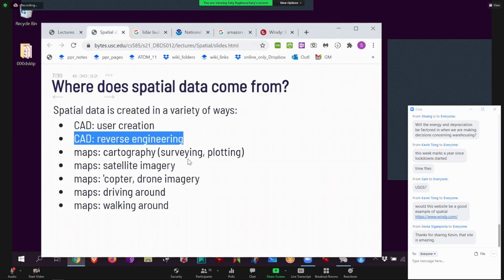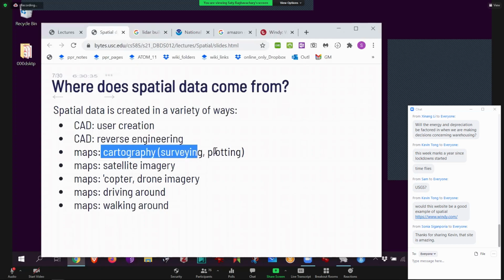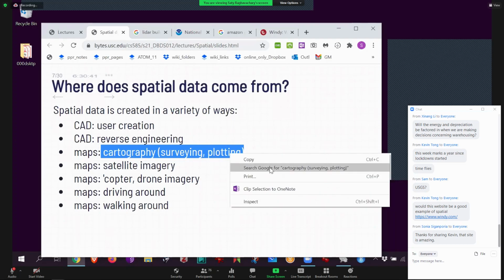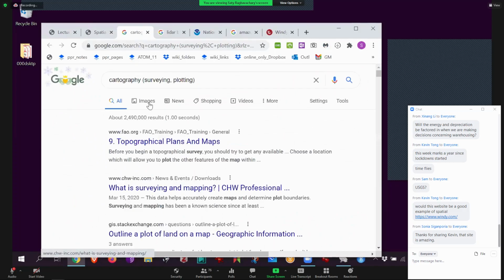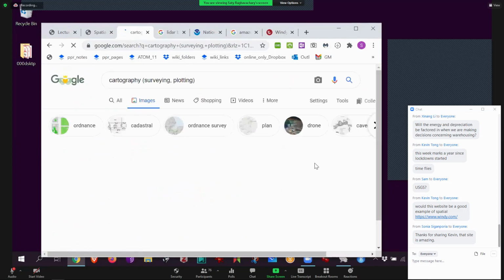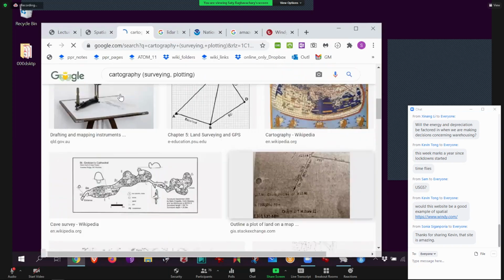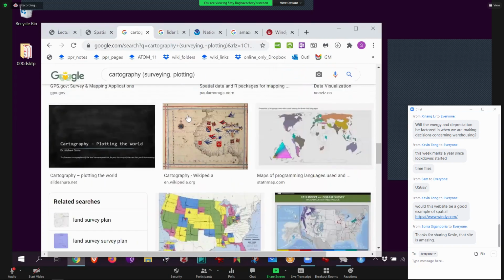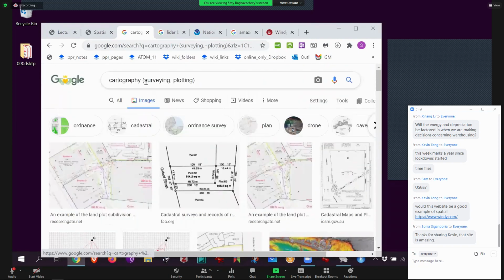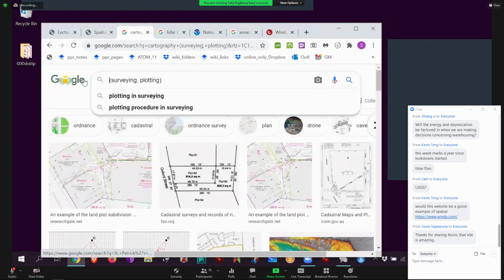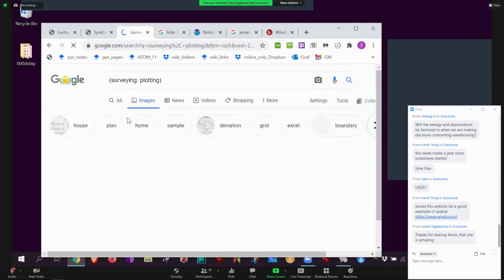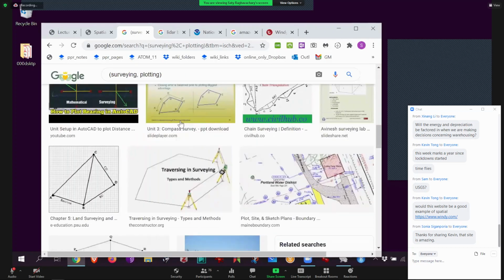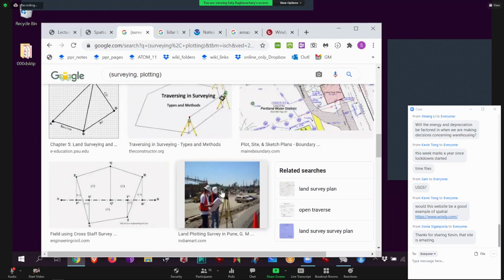Okay. And then you can do it the old-fashioned way, okay? So cartography, surveying, and plotting. You see people on the street sometimes, what looks like a camera on a stand. They're measuring things like elevation, orientation, and so on. And so then that is the old-fashioned way of mapping the world. I'll just say like one of these instruments. I'll just say surveying, plotting. We don't even have to say cartography. Surveying, plotting, that is exactly what I was going to say.